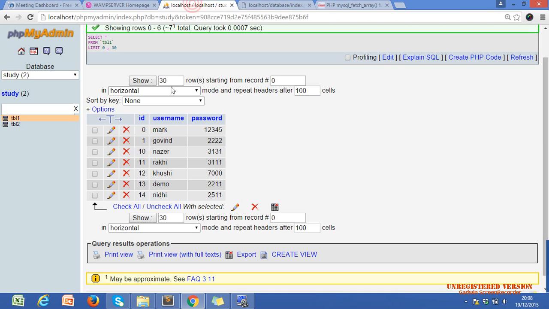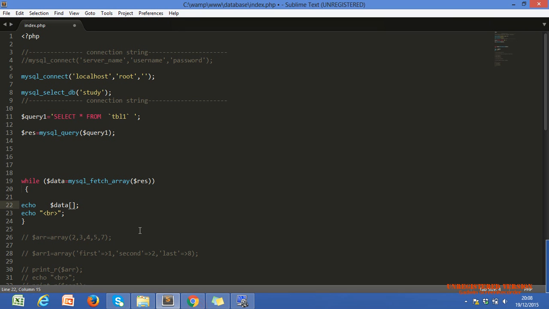What is the second column? Yeah, username. If I use 0, then it points to our first column. If we are going with the associative array, then we have to use ID, nothing else. Okay, you got the point?